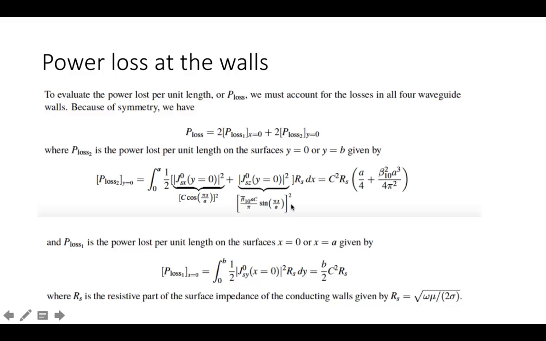And so when that integration is done, plugging in for surface current J, J surface in the x direction and surface current in the z direction, we then get the following expression for the power loss in the walls